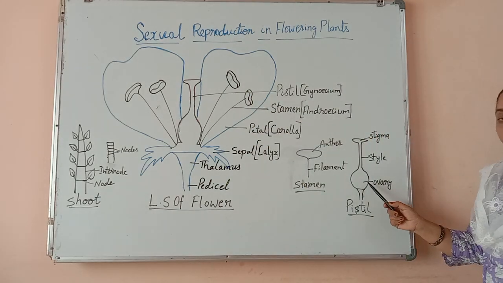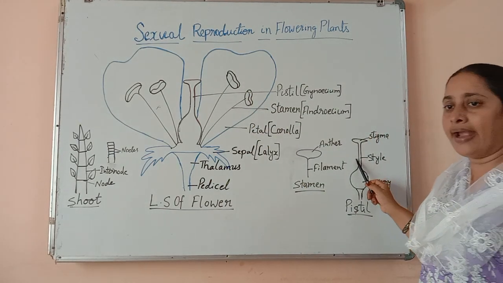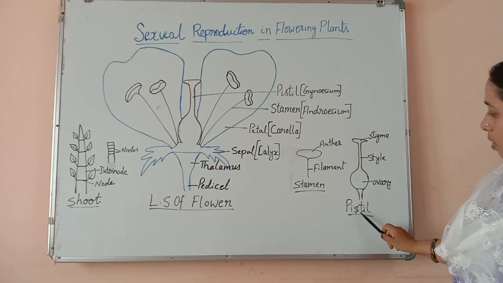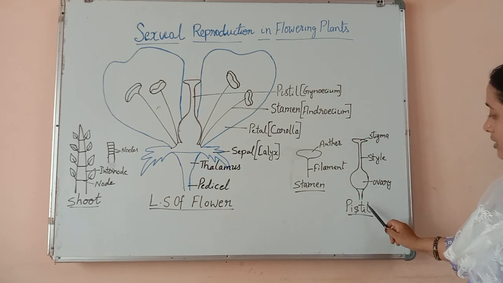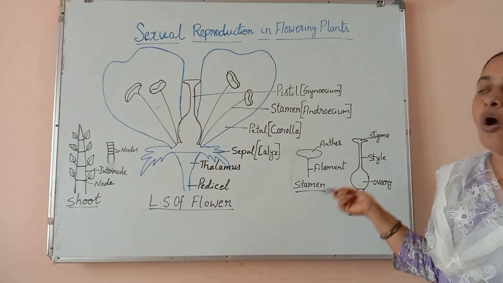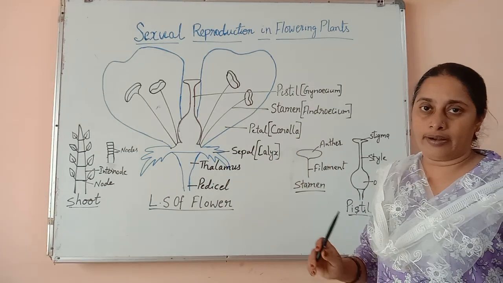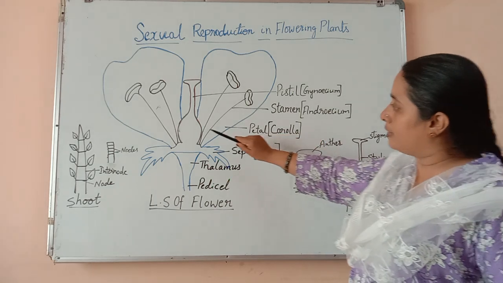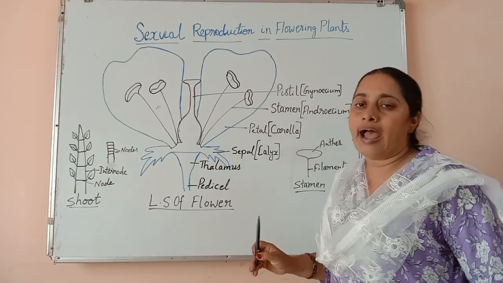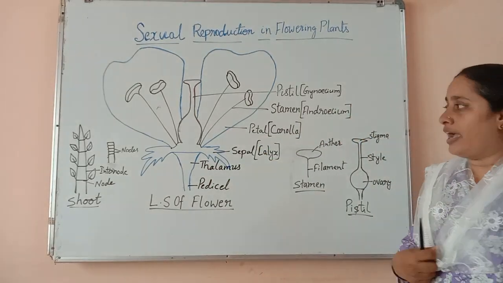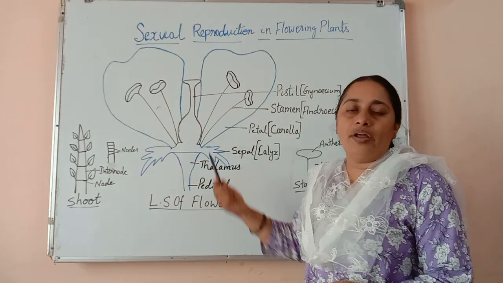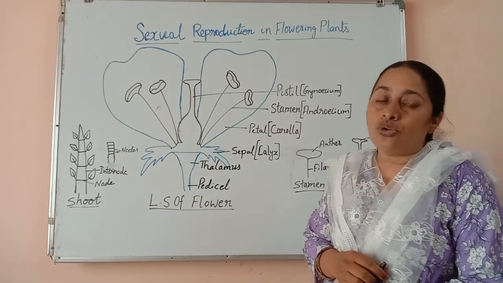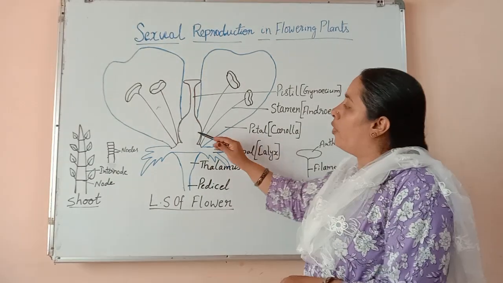So we can see ovary, style and stigma are the 3 parts of pistil or gynoecium, which is a female reproductive organ of the flower. Now dear students, sometimes in a flower a single ovary will be there, called monocarpellary ovary. So that means the other name of ovary is